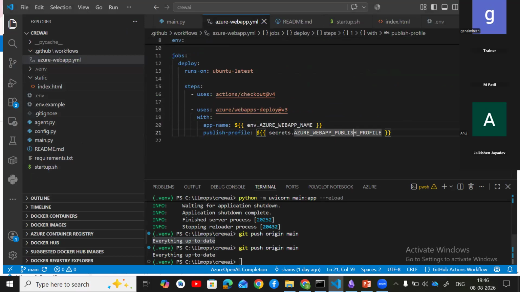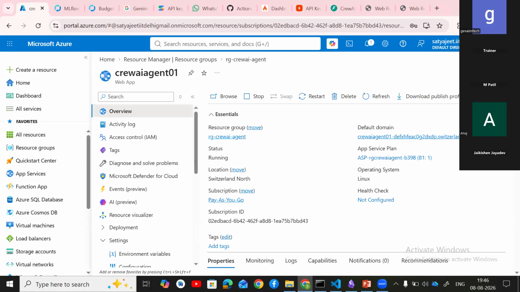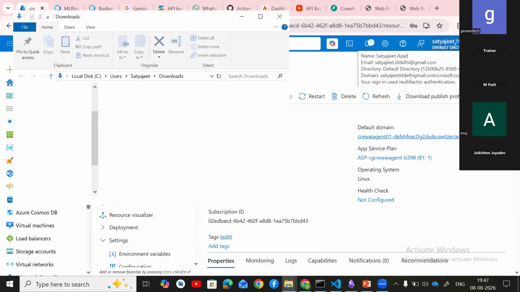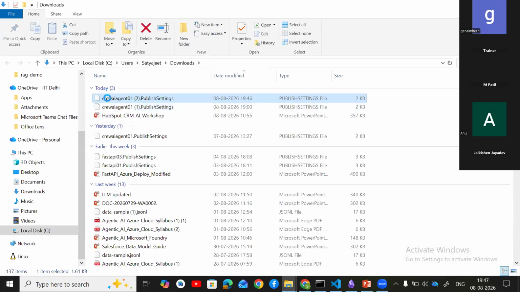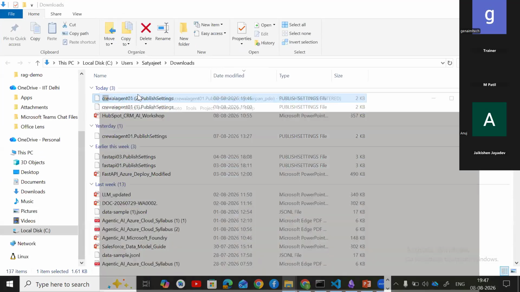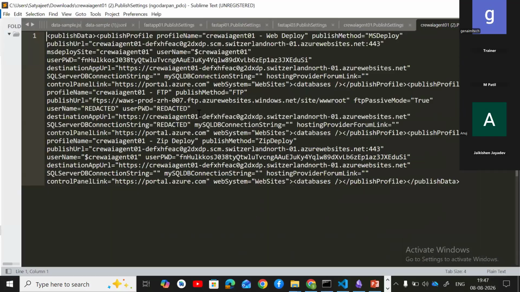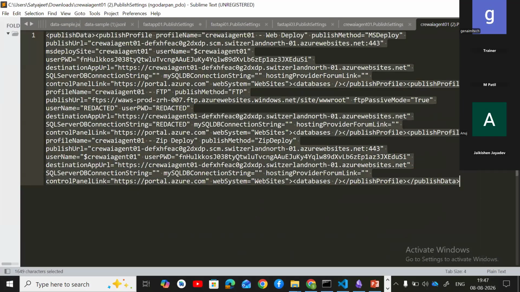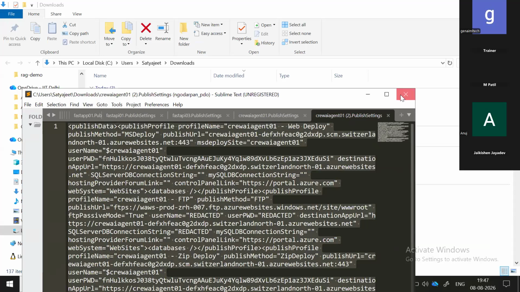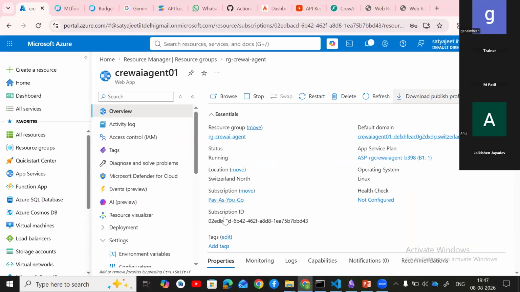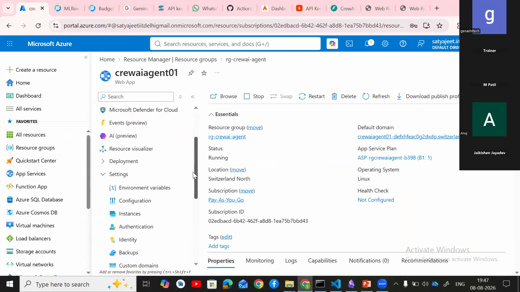Now come to our Azure app. If you see this one, download web publish profile. So from here, we are getting this web publish profile information. You have to go here, right-click and open with Sublime Text. And whatever is inside this file, you have to copy it. So this is inside your web app publish